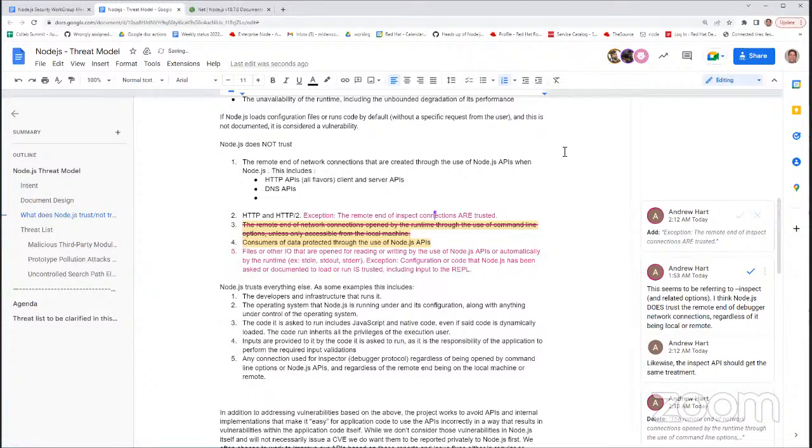So what I was trying to add to this line is something like it's the remote end of those network connections that are created by the use of the Node APIs, when Node.js somehow mediates the connection, or is a go-between, or we need to be doing something to the data. When Node.js interprets,